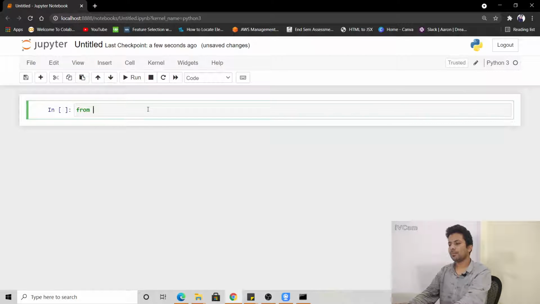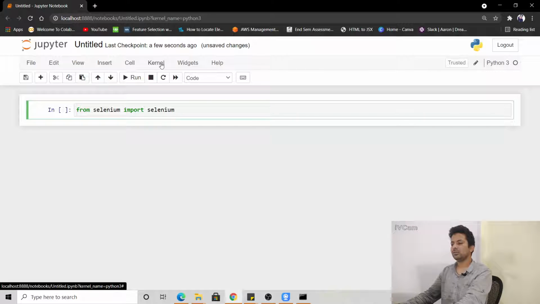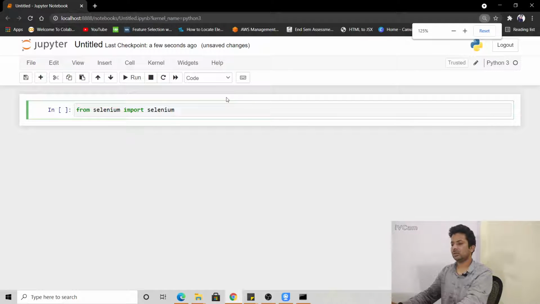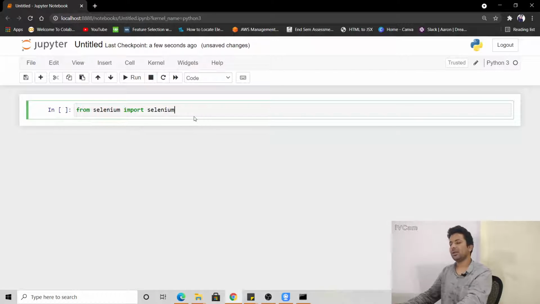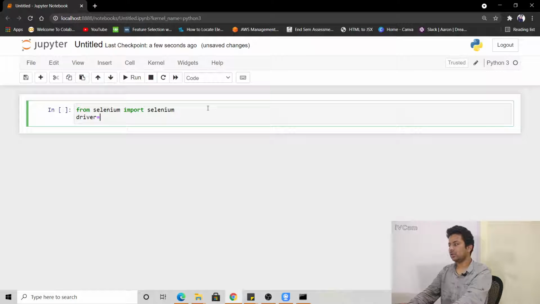Firstly we do from selenium import selenium. Should I increase the size of the text, or can you see it? I think you can see it. So firstly we import from Selenium. Now here the driver equals webdriver.Chrome. If you are using Firefox, you write Firefox here. Chrome,